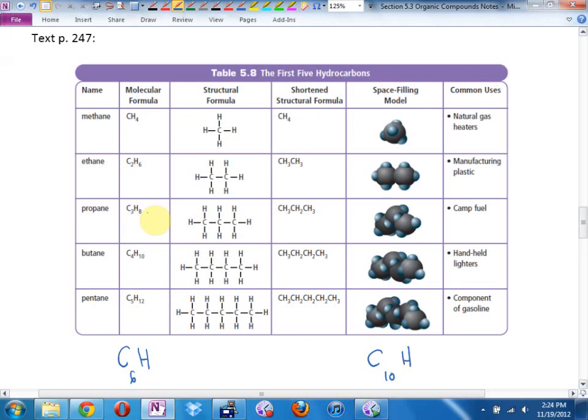22 hydrogens? Pardon me? 22? Convince me. Tyson, you are right. Because you just take the carbons, like the next one up, so like 11, and then times it by 2. Or double this plus 2. It's the other way. Double it plus 2. That's another way, Sarah, to get your 14: if you double the carbons plus 2.